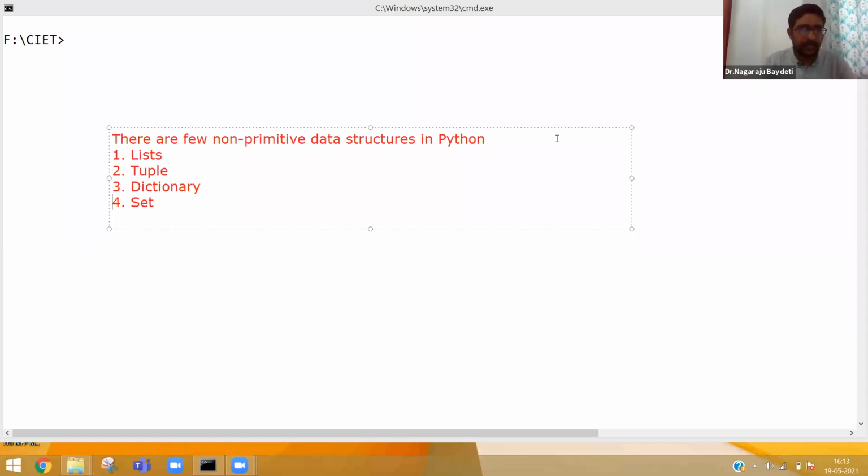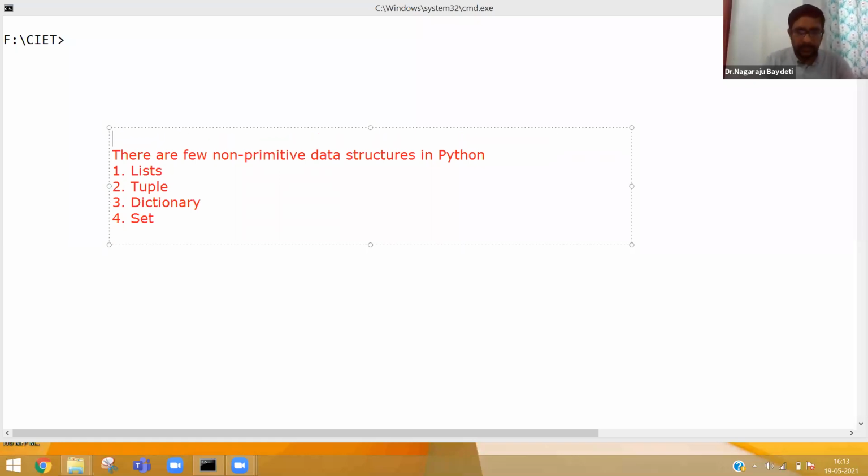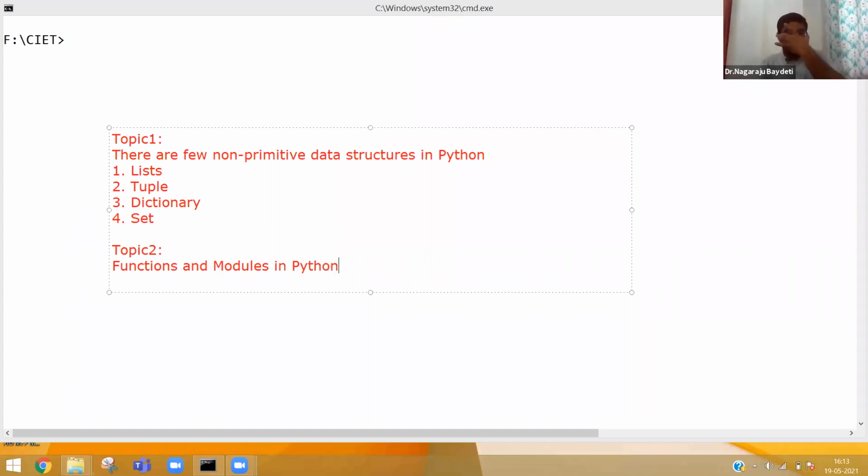So let me just tell you, today topic 1 will be non-primitive data structures and topic 2 will be functions and modules in Python. These are the topics that we are going to understand today.